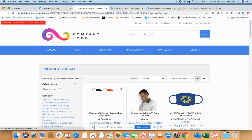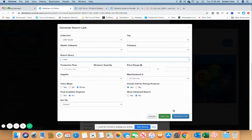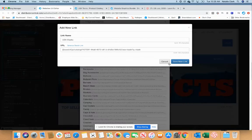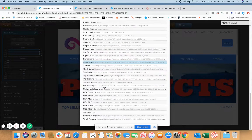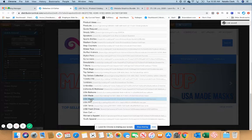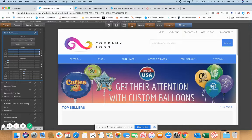And I can test that link and it's going to show me what pulls up. I like those results, so I'm going to hit generate link, save new link, and then now I'll go and choose USA masks for that. So now I've added some graphics to my website that have to do with Made in USA, but maybe I